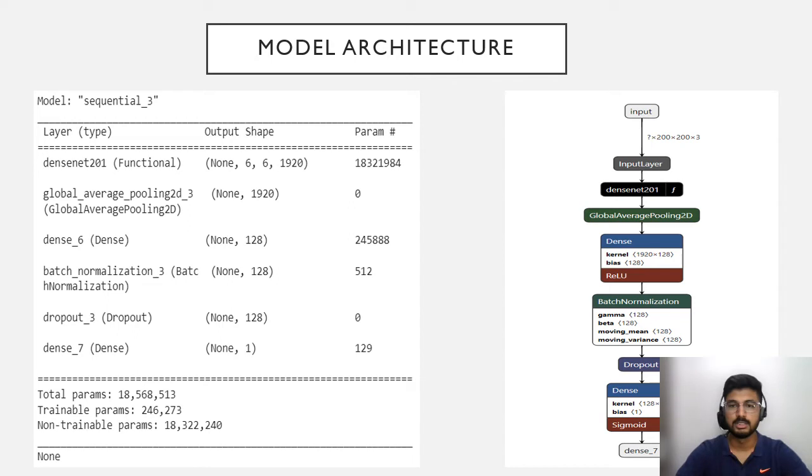After the GAP, we are passing the output to the dense layer. A dense layer basically performs a matrix vector multiplication, and the values of the matrix are nothing but the trainable parameters that we have, which will be updated and trained in the backpropagation step of the training. ReLU has been chosen as the activation function for this layer because it provides non-linearity, and it will also reduce the overall trainable parameters,